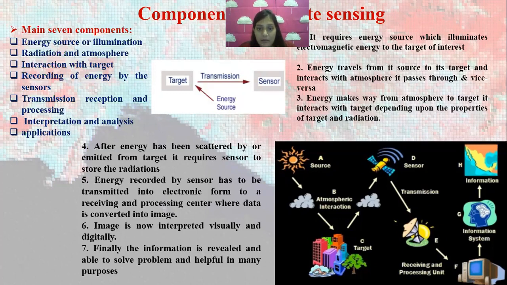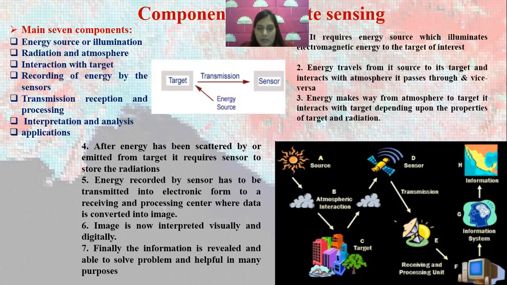And remember, if it is coming in between, they have some or other important role in it, right? So the source will travel through the atmosphere. Through the atmosphere it will come to the target, and from the target again to the atmosphere, and again then to the sensor, right? And from the sensor it is transmitted to where? The ground station, as we have discussed earlier.